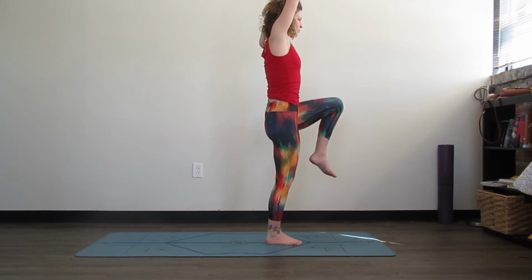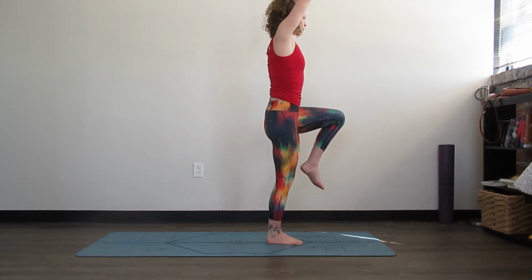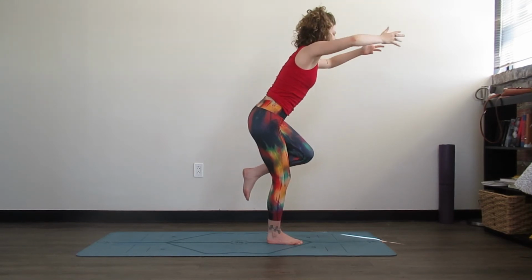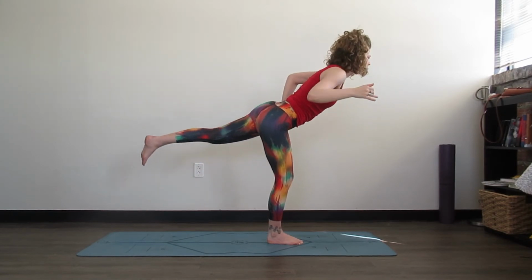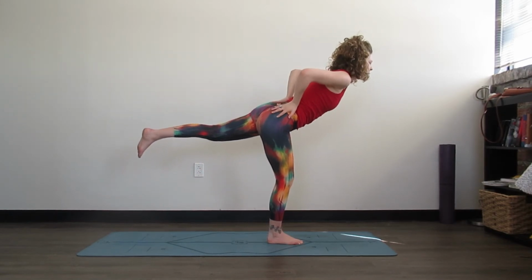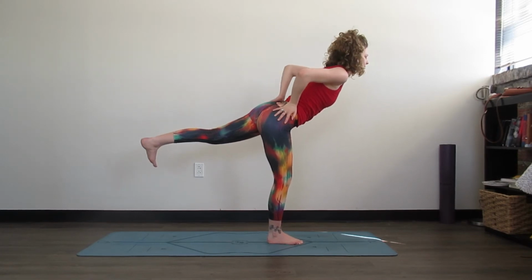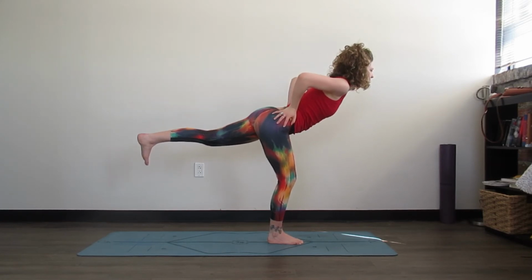Keeping a nice gentle bend in that standing right leg. And when you're ready, start to lower the chest down parallel to the mat. Reaching forward, start to straighten the leg back behind you. This is warrior three. That front leg is slightly bent. The back toes are pulling to the face and the left hip is in line with the right hip. Inhale, reach it forward. Exhale, without a sound,